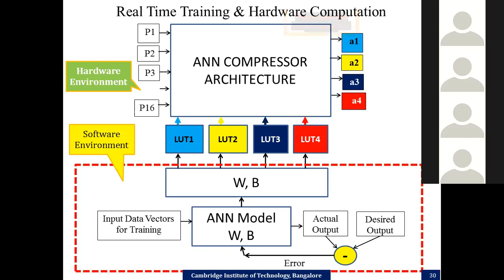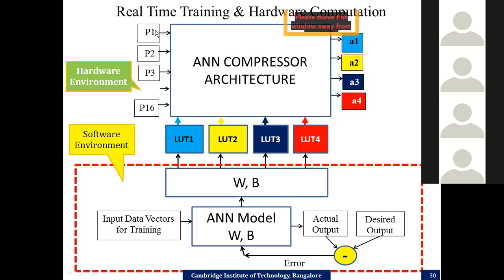So the general method adopted in all the FPGA implementation, or in all the hardware implementation, is that training is done using software. After training is done, compute the optimum weights and biases, convert that using your software to content of LUT automatically, and load that into the LUTs available. Each one of them is a RAM. Load it separately. After loading it separately, you have a hardware configured to perform any kind of compression activity with regard to ANN methods.